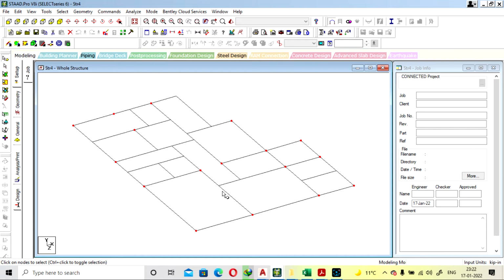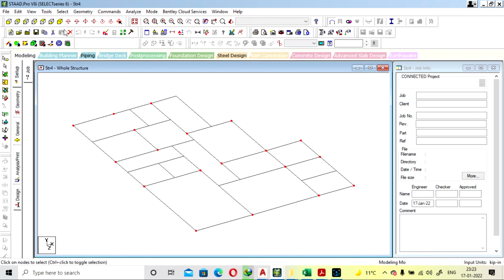Just remove this, we don't want to provide a column in this place right now, so we haven't selected this. This will be selected, this will be selected, and now everything is okay. Now you have selected all the node points to replicate.